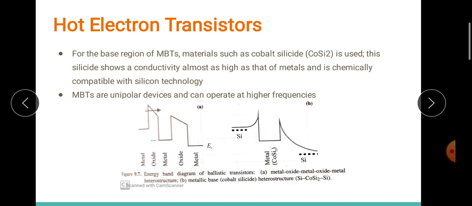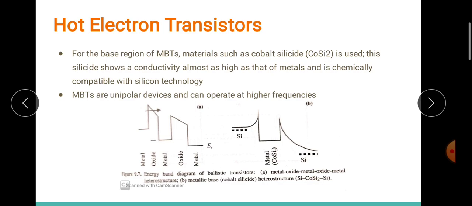See, because they have very good lattice matching with silicon. When you are choosing the metals, different metals, we also have to consider the lattice matching. I hope you remember what is lattice matching. So in the second case, silicon and cobalt silicide, the CoSi2 has excellent lattice matching with silicon, and this can give you a very high quality of interfaces. Your interface will be like a perfect one without any roughness.